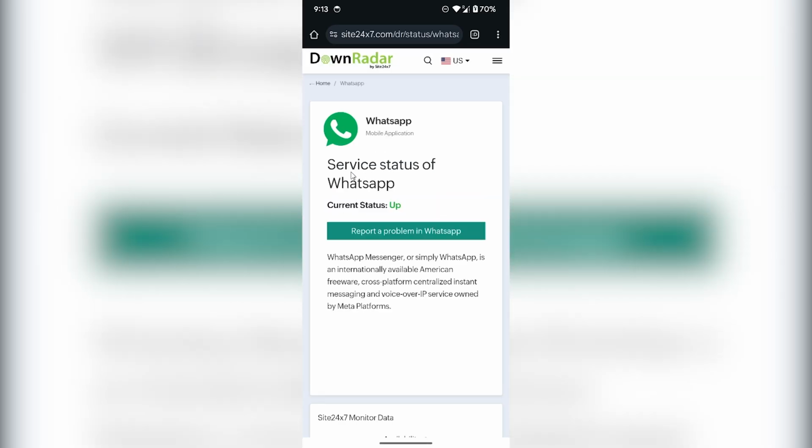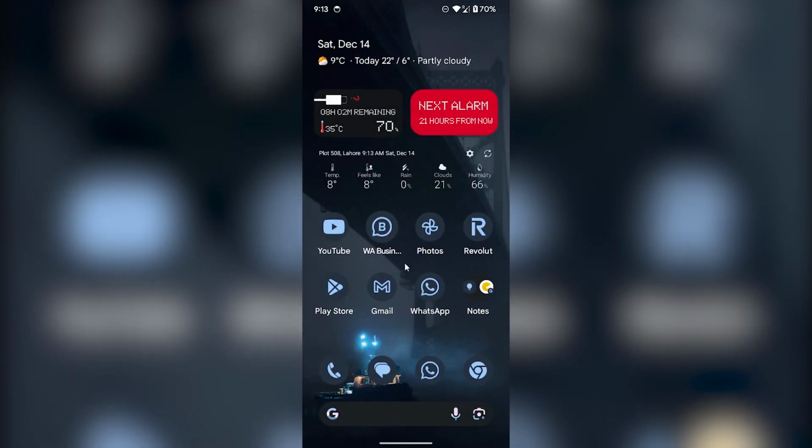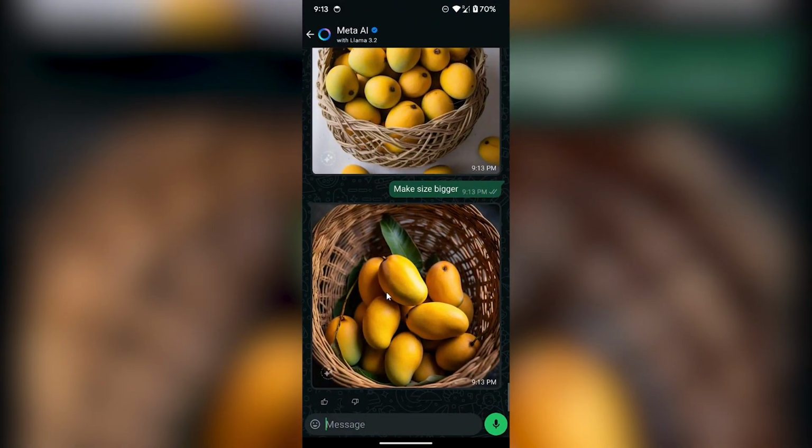Now, as you can see, the service status of WhatsApp, the current status, is up. So the servers are working. And then check once again. Hopefully your problem will be fixed by doing